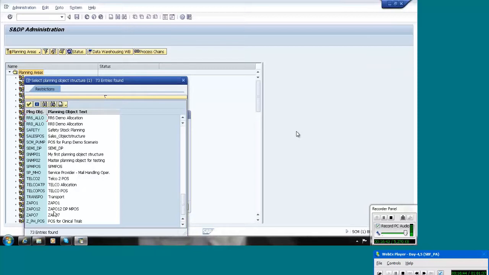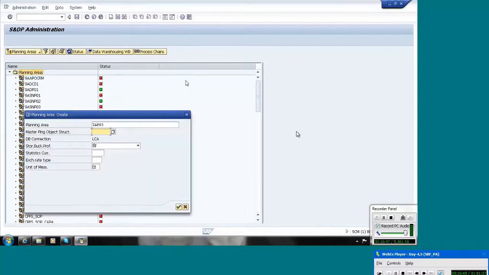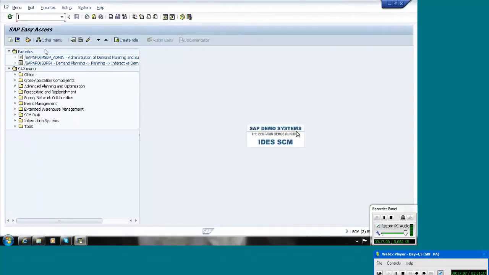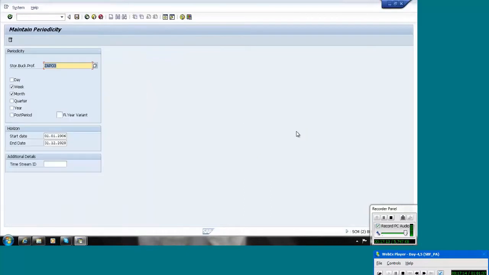We have created 01 now, so here also I will create 01. Here also I will take 01. For the storage bucket profile, I will do one thing, I will just create 011. We will put all the same names so that we can easily remember.